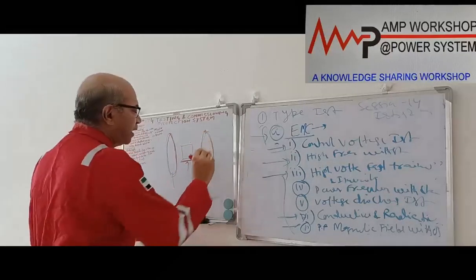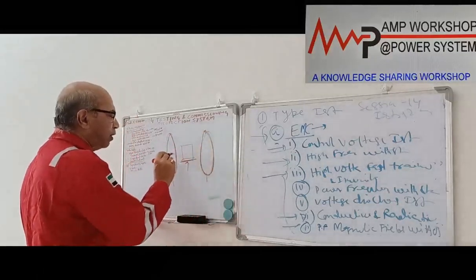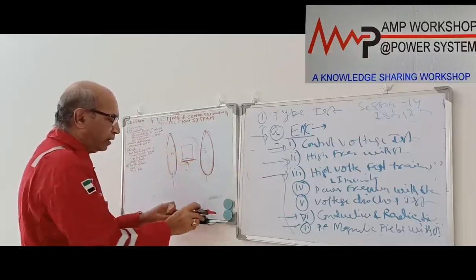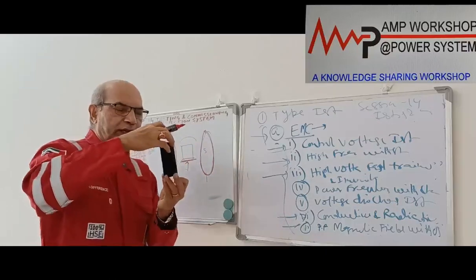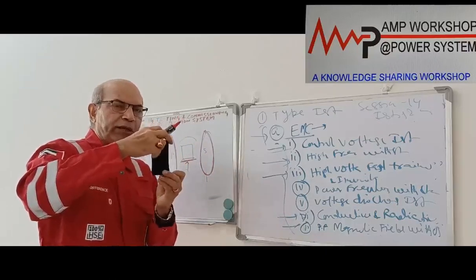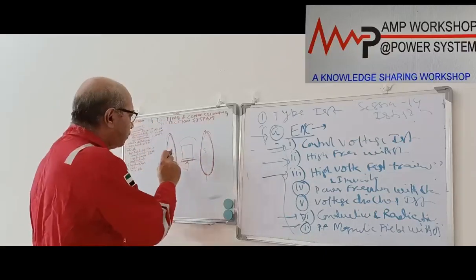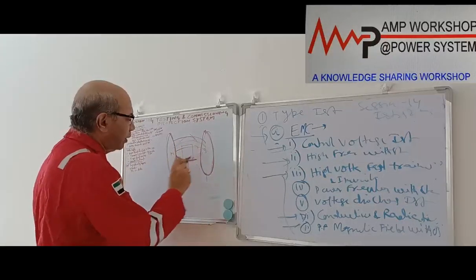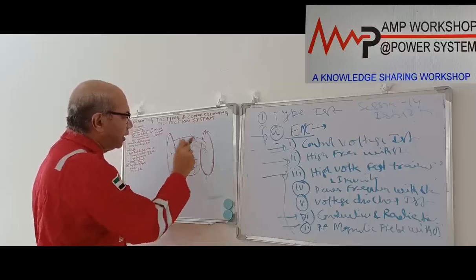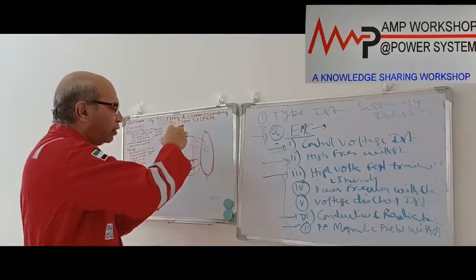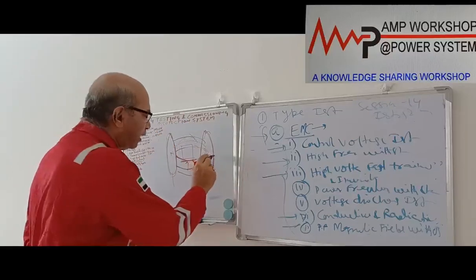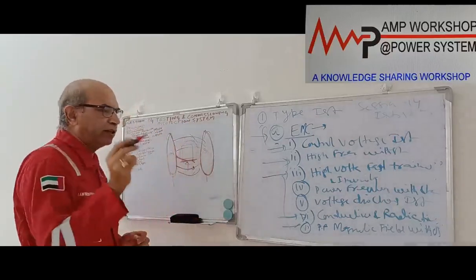Then it becomes magnetized, suppose one is a north pole and another is a south pole, and inside, the relay is rotating continuously, so all sides will be subjected to this uniform magnetic field, created from north pole to south pole. The relay is located inside and it is rotating, so all the phases are subjected to this magnetic field. In this magnetic field, the relay should not maloperate, as I said before.